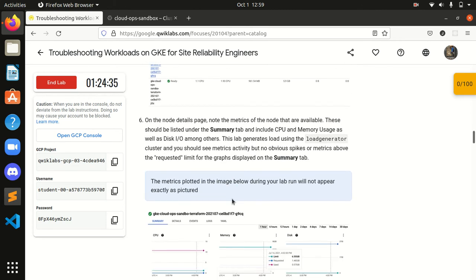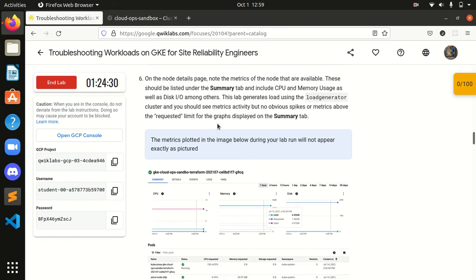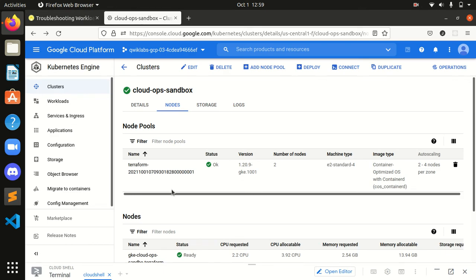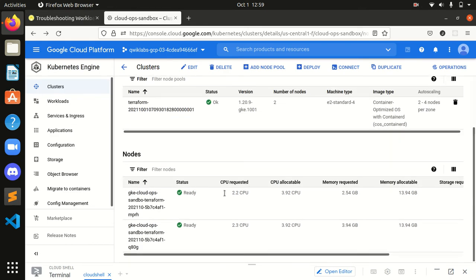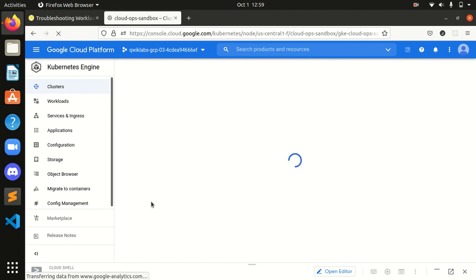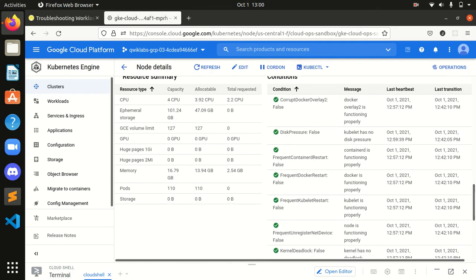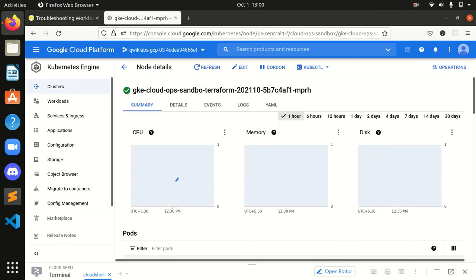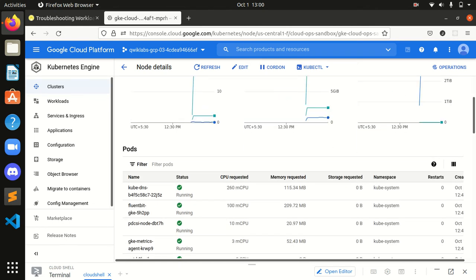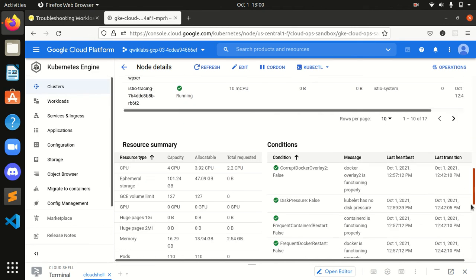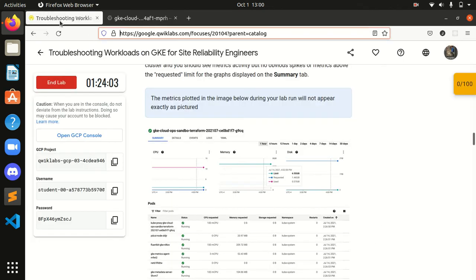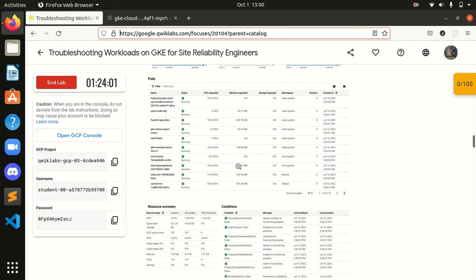Summary tab and include CPU. This lab generates load using the load generator cluster, and you should see metrics above but no obvious metrics plotted. After going in here, metrics. Okay guys, we would be seeing these pods and resources.